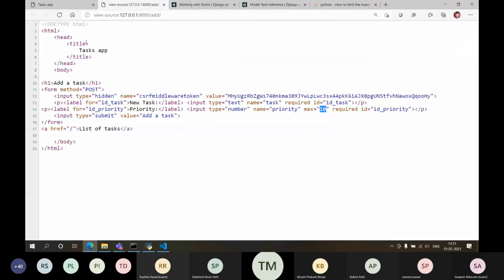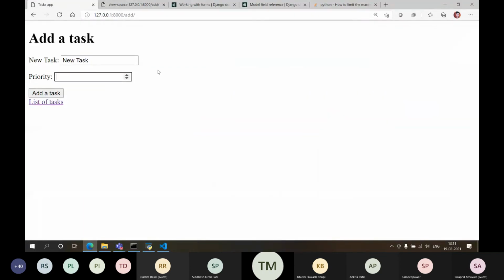Server is running. Okay, this page is an older version page. Now for this page, earlier when it was 10, if I enter 15, it was showing me the error message which was populated from HTML here on the client browser. What I'm right now talking about is a server validation.